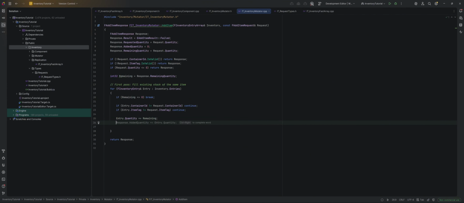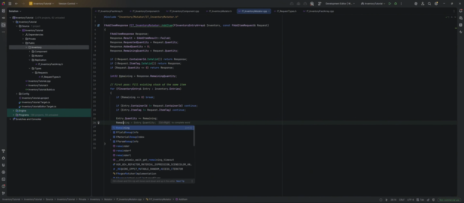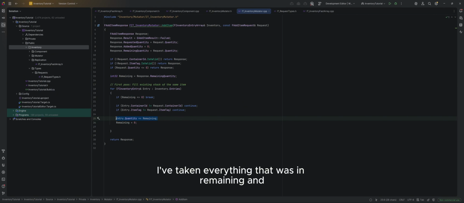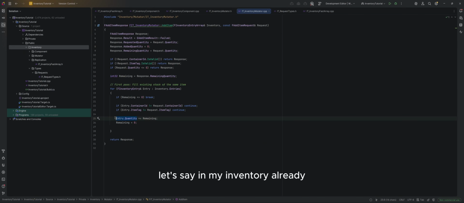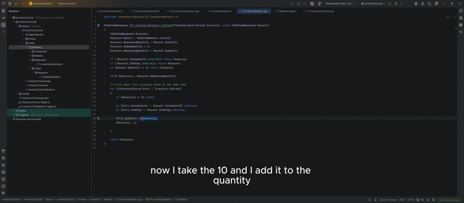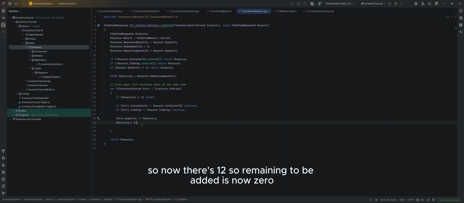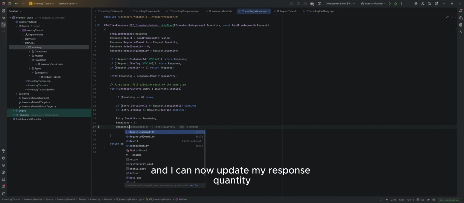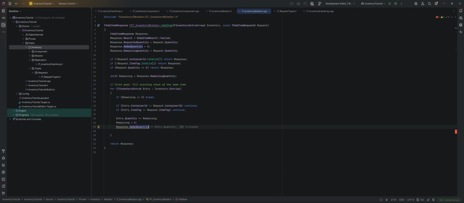Okay, and then I'm gonna take remaining and set it to 0 because I've taken everything that was in remaining and added it to the quantity. So if there was 2 potions, let's say, in my inventory already, and I was trying to add 10, now I take the 10 and I add it to the quantity. So now there's 12. So remaining to be added is now 0. And I can now update my response quantity. So added quantity equals,